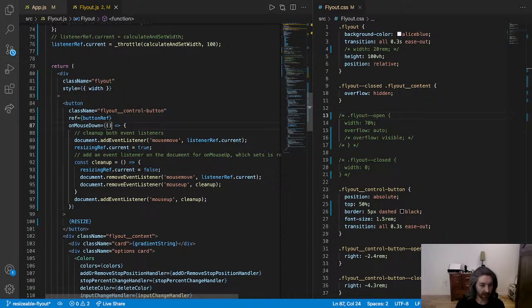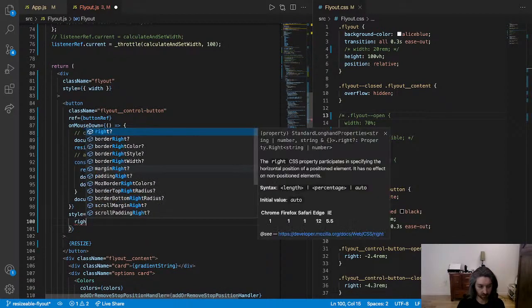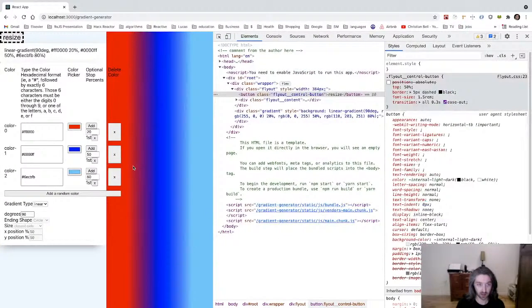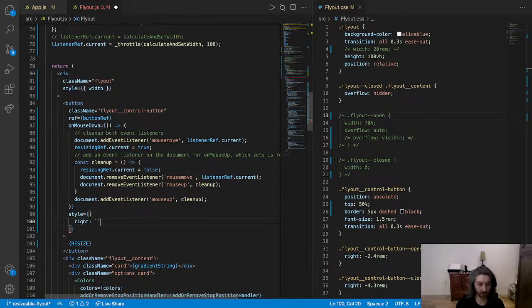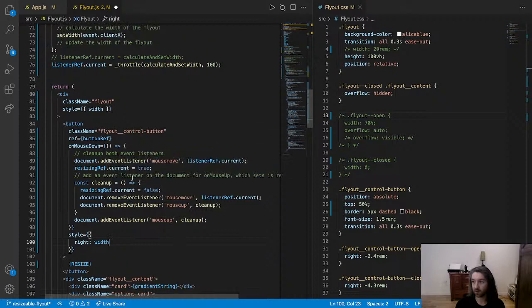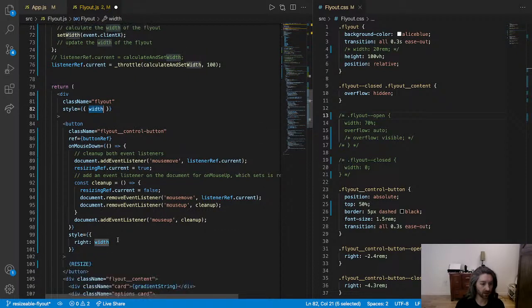So you need to have a style of right, and that needs to be the width. That needs to be the width, which is here, plus